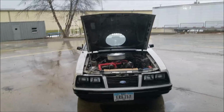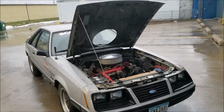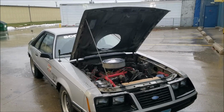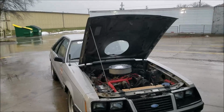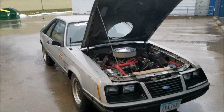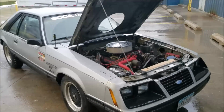Alright, so we got the Rotstang here today, and I just wanted to talk about running 20/50 oil in the winter. I've seen a lot of people who tell other people that it's okay, you're completely fine, you're not going to hurt anything. And we're just going to go over some of the caveats of doing so